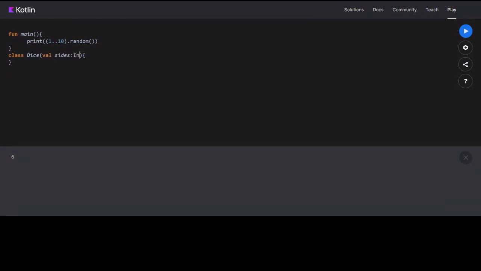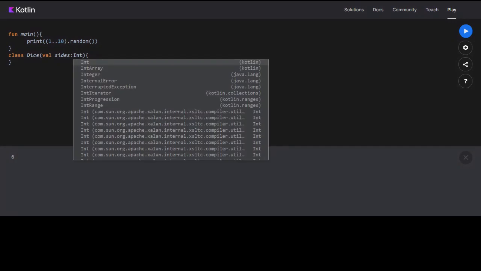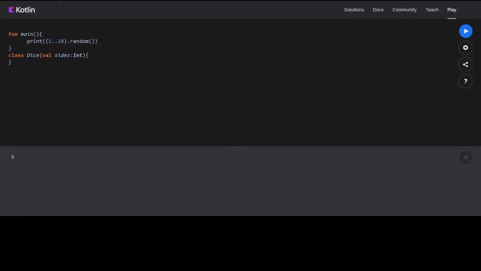The type of this should be Int. Now inside this class, what we need is a function. Let's call it roll. The function returns an integer, and we should return a random number between 1 and sides. To do that, we will say 1 dot dot sides dot random.